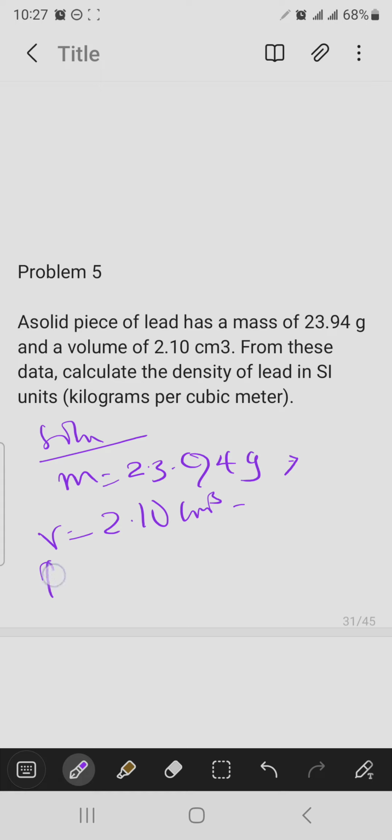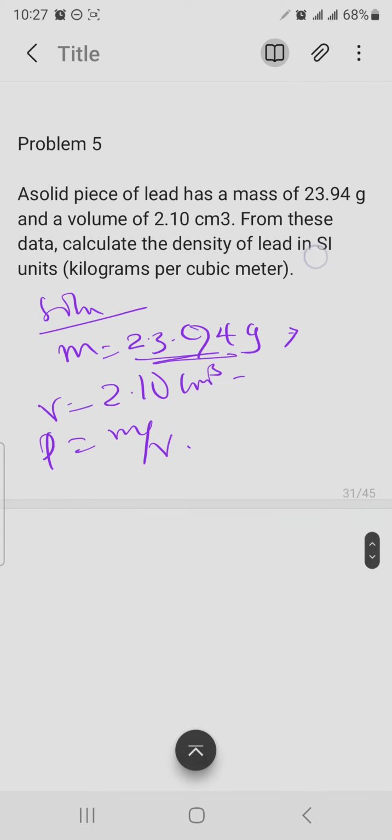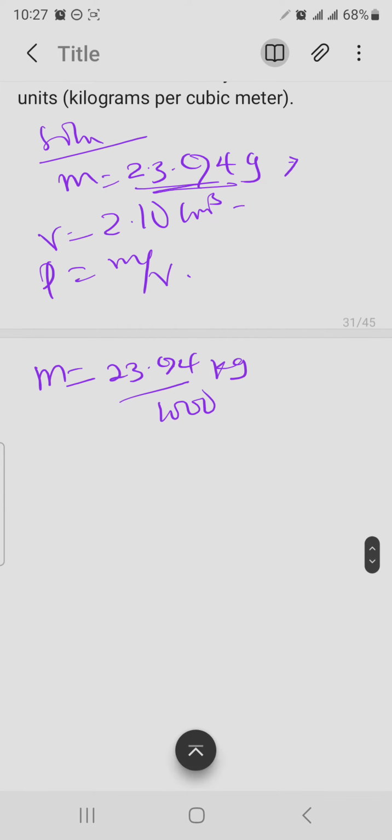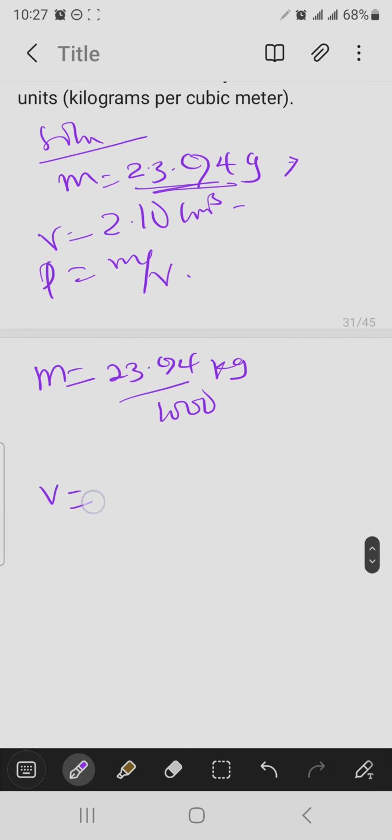You know, density is mass over volume. The first thing you are going to do is convert the mass to kilogram. When you convert gram to kilogram, it's going to be divided by 1,000. So this one is going to be 23.94 divided by 1,000 in kilogram. Another one, volume. When you convert this volume in centimeter cube to meter cube, centimeter to meter is going to be